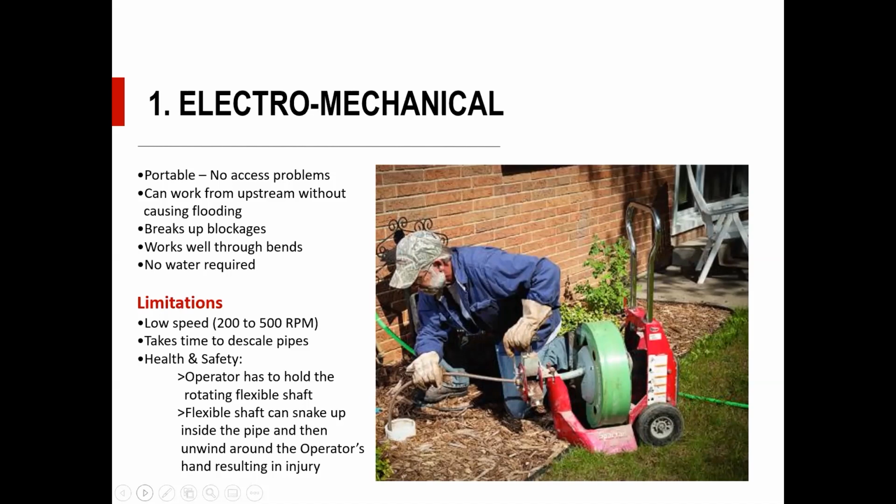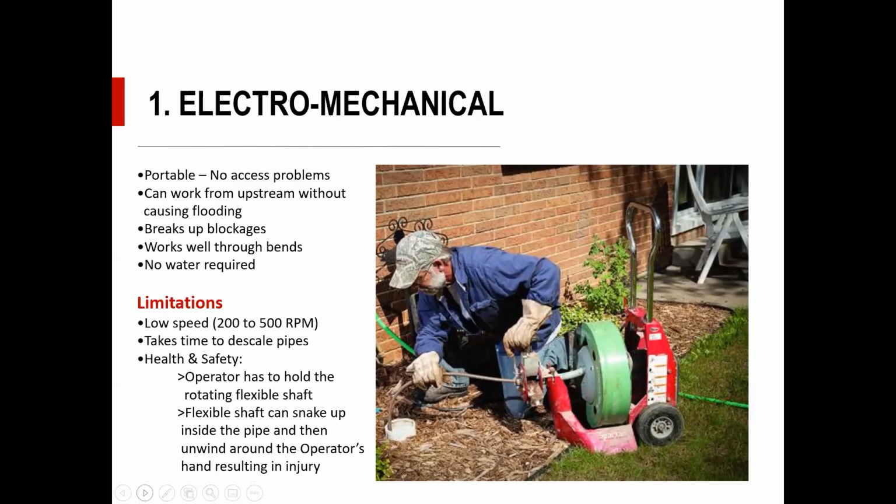These machines, the cutting head rotates at somewhere between 200 to 500 RPM. Very slow, laborious, takes time to descale pipes. One of the things that you'll find is that on these machines, the operator actually has to hold the rotating flexible shaft in his hand. As you push it down the pipe and you're cutting through the blockage, whilst you're pushing the flexible shaft into the pipe, you're not always sure that you're actually cutting through the blockage, or the steel shaft is actually coiling up inside the pipe, and it gets to a stage where the